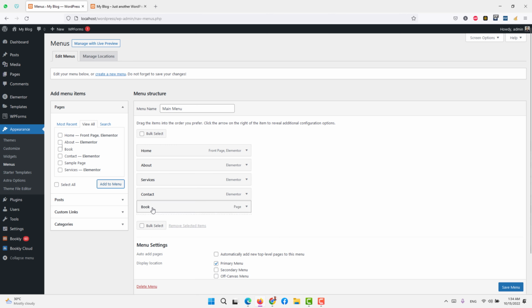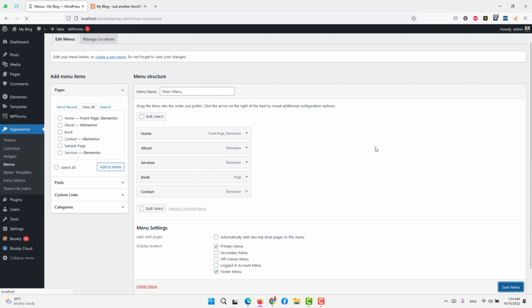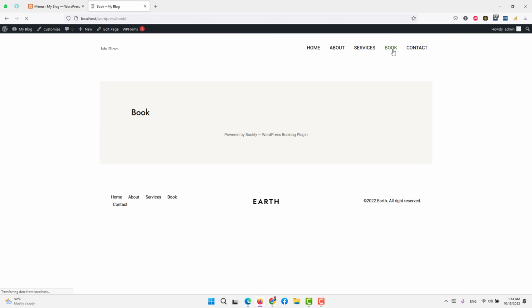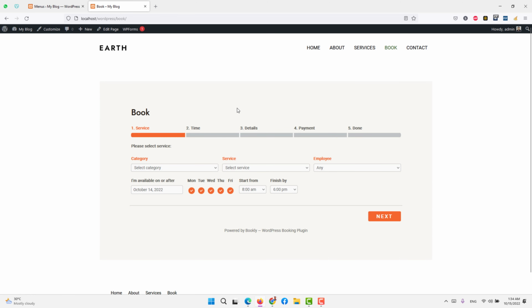We will add it under services, or after services. Save. When saving is done, you can see we have on the menu home, about, services, and contact. You refresh, book is coming there, you click there, and that's how easy it is to integrate any plugin in